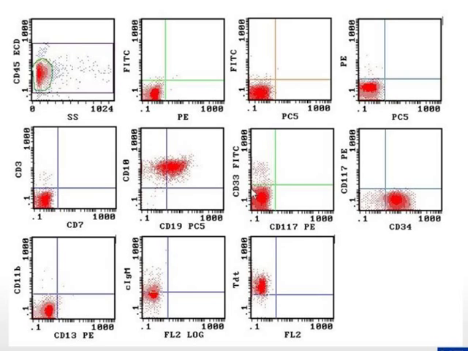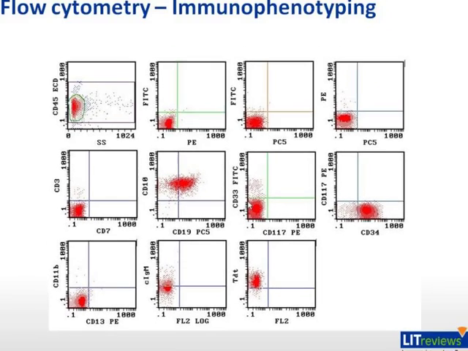Depending on various combinations, flow cytometry is able to distinguish and quantify abnormal and normal cells. This report shows cells expressing immature markers, i.e. CD34 and TDT, as well as CD19 and CD10. This picture is consistent with a B-cell ALL.